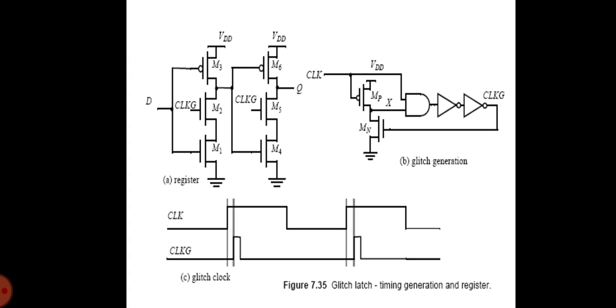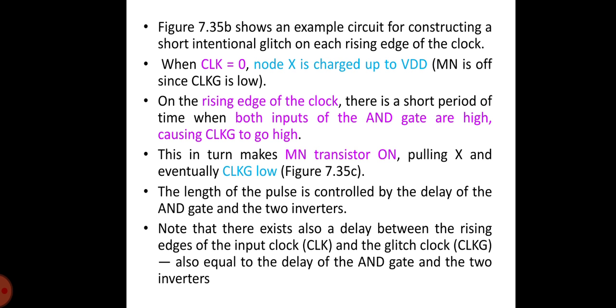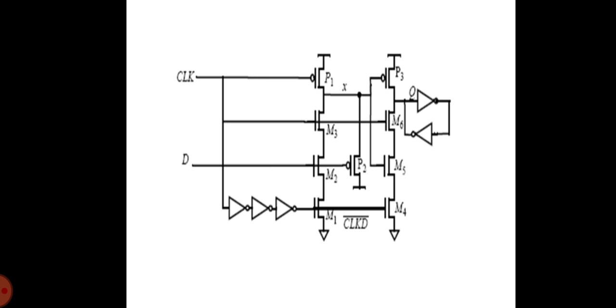And now let us focus on the sense amplifier circuits based registers. So in addition to the master slave and the glitch approaches to implement the edge triggered registers, a third technique based on the sense amplifiers can be used. Sense amplifier circuits accept small input signals and amplify them to generate rail-to-rail swings. They are used extensively in memory cores and in low swing bus drivers to either improve performance or reduce power dissipation.